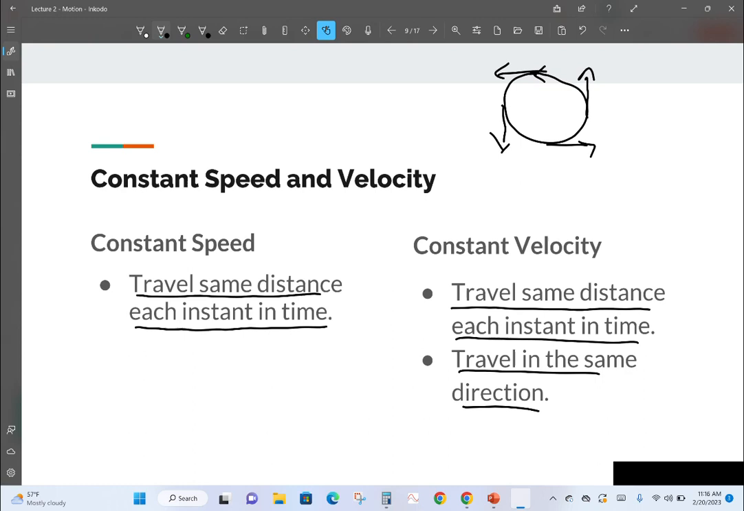And that also means that if you're not traveling in a constant direction, even though your speed is staying the same, there must be something making you change your direction, which means there's a force acting on you, which means that you are